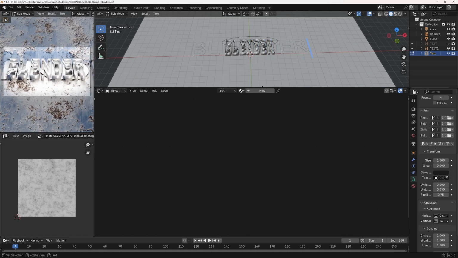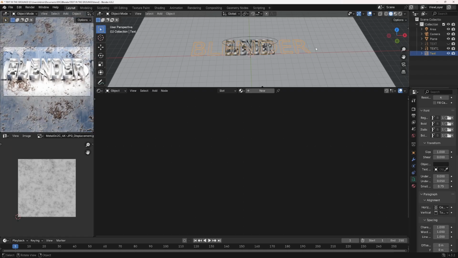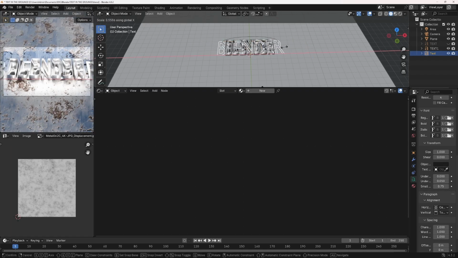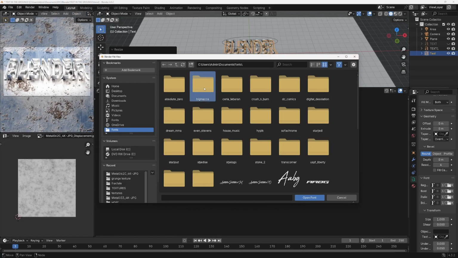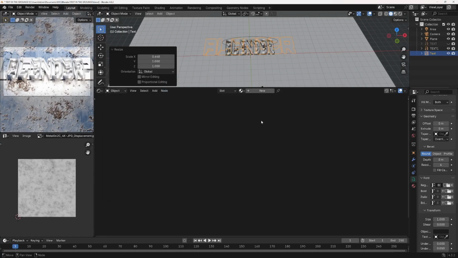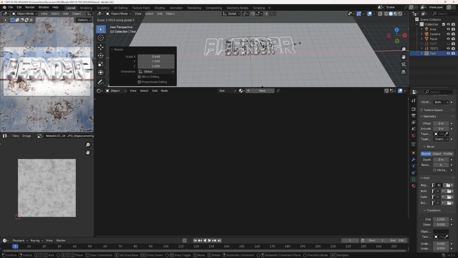I type Blender like this, hit tab to close, and now I scale it in the X-axis, just like this. Now change this font, it's this one, selected, and scale it in X-axis like this, and here